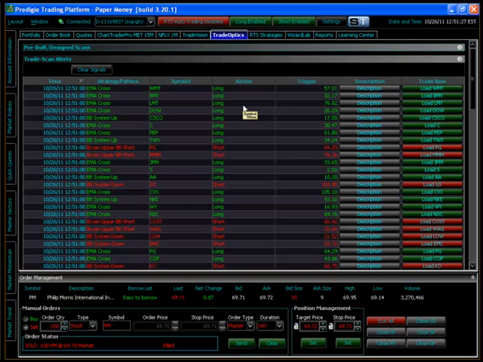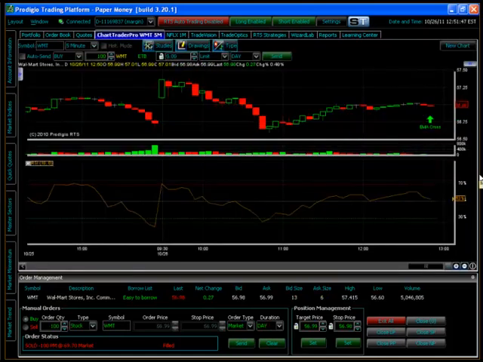Now, there's pros and cons to this approach. The con is that if you develop a sufficiently intelligent strategy, you have the delay of sending the signal to you, the human trader, and then you have to think about that trade. And you probably want to load a chart, and you probably want to look at it and think about it. And that takes time. You know, even if you are an extremely fast thinker